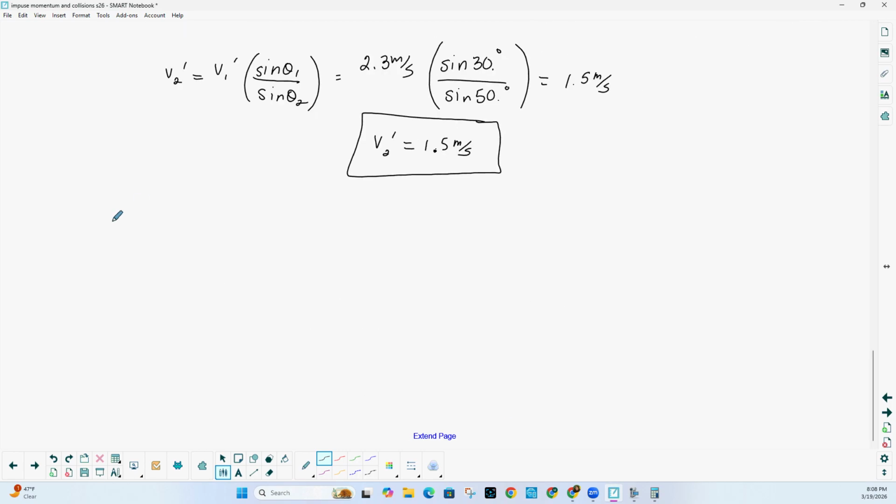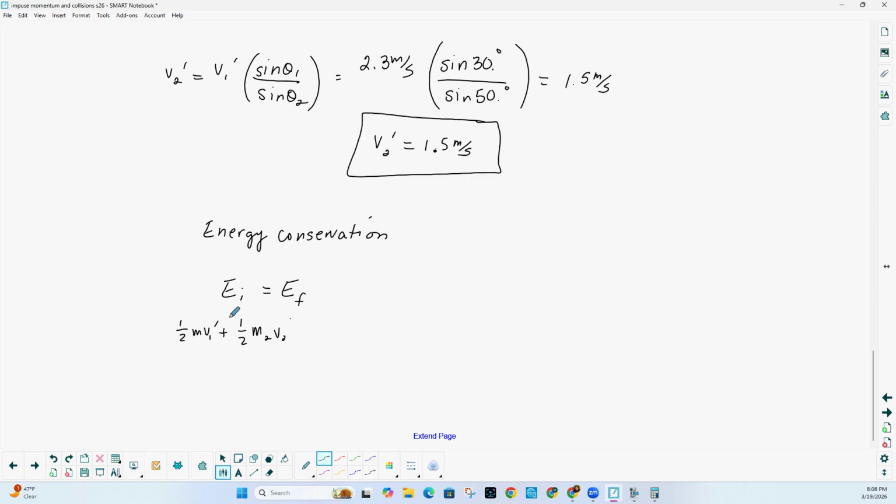So I'm going to put energy conservation. This tells us that the total energy we start with has to equal the total energy we end with. And that means that all of the kinetic energy for 1 plus all the kinetic energy for 2